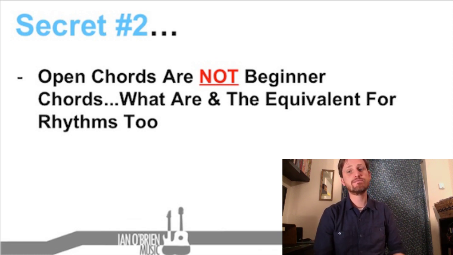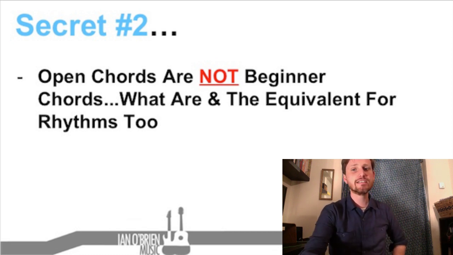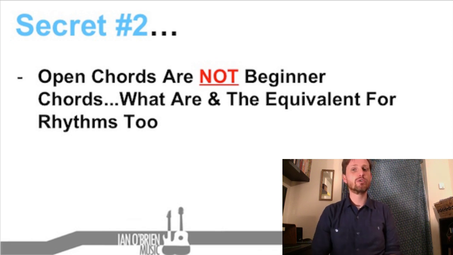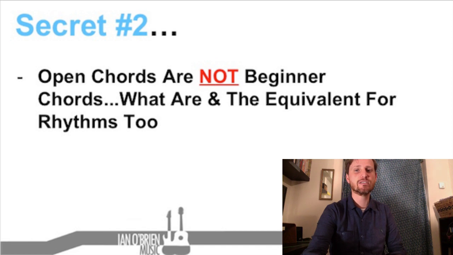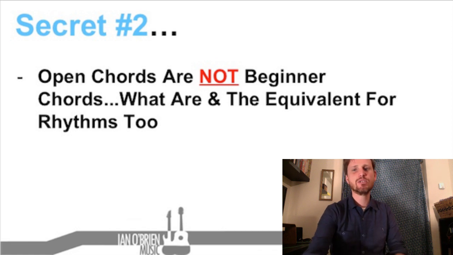In order to do this, I first want you to understand a concept I learned from the musician Derek Sivers. He says, if all we needed was more information, we'd all live in mansions and have six-pack abs and be blissfully happy all the time. It sounds weird, but the point is, we don't need to know lots and lots of stuff. For example, with guitar, we don't need to know all of the beginner chords or all of the rhythms, and we certainly don't need to know a bunch of scales or how to read music. What we do need to know is which chords and rhythms are most useful to us and most playable, and then how to actually use them to play music we want to play.